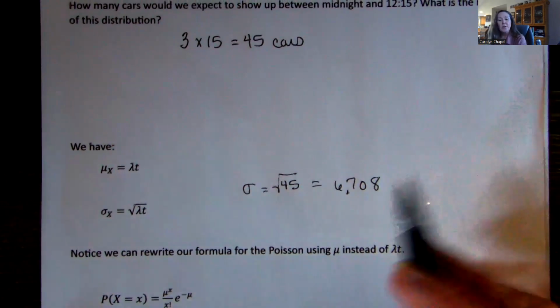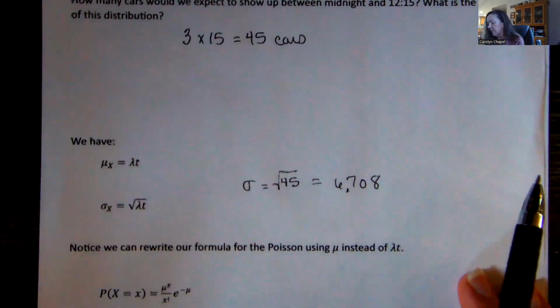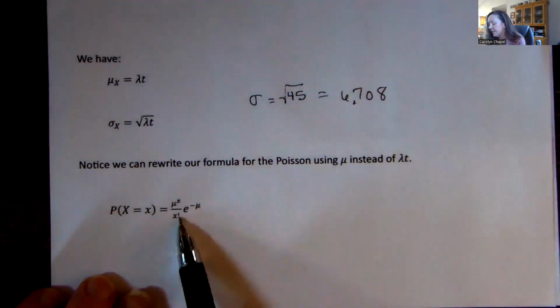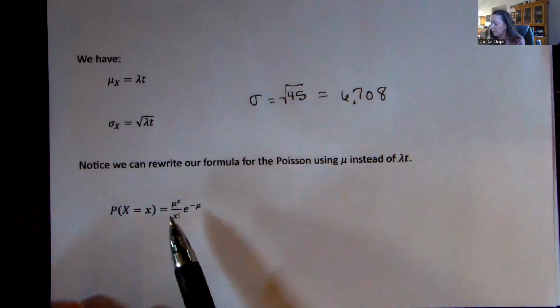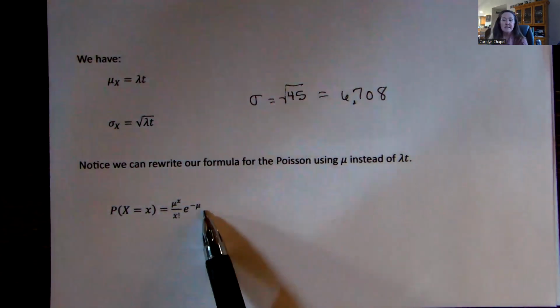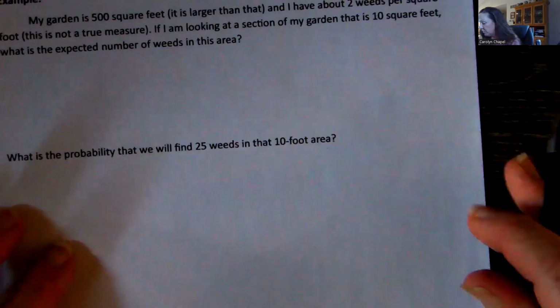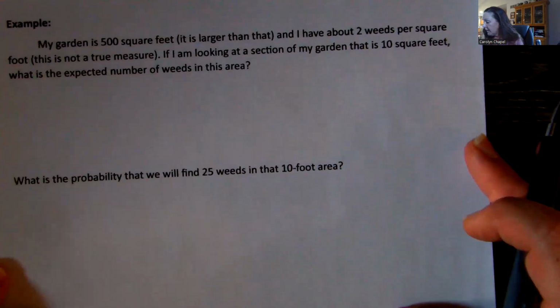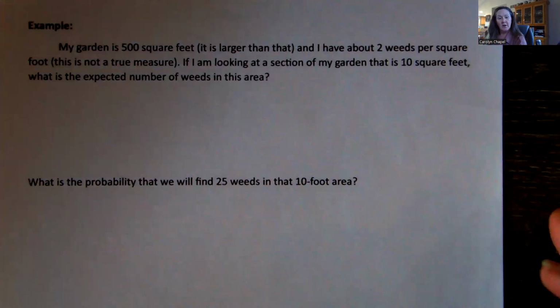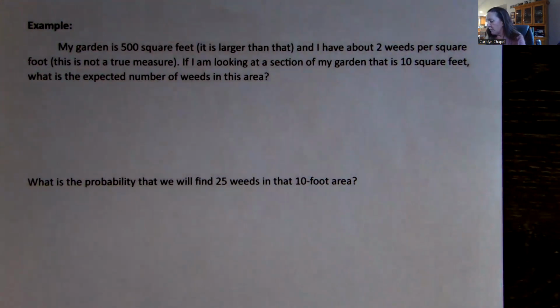Okay. Again, I already noticed that this lambda times t was 45. We did have it show up twice in our formula. And a lot of times the technology we have wants that mean instead of the lambda separately and the t separately. They kind of want to know what the average was. So we usually rewrite that formula in this form. Okay, we're going to do one more example, and this one I will do 3 ways. I'll do it using our formula, and I will also do it using our technology just to complete things for us.